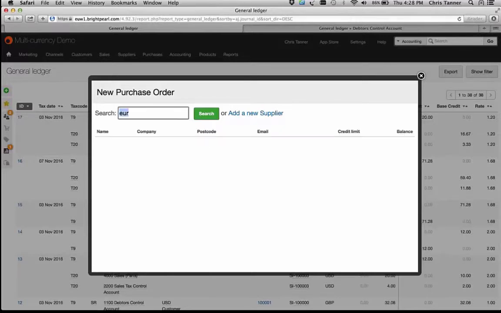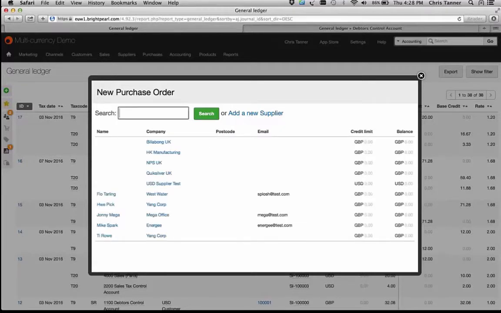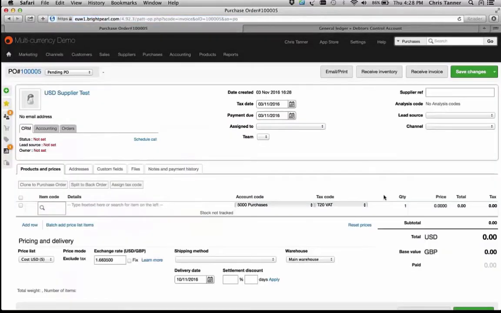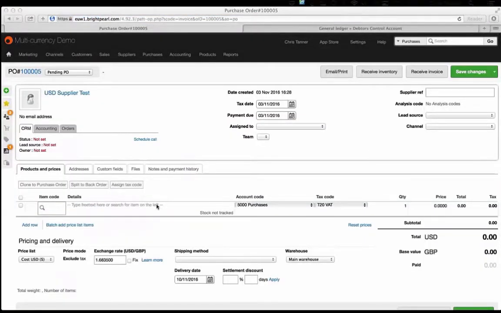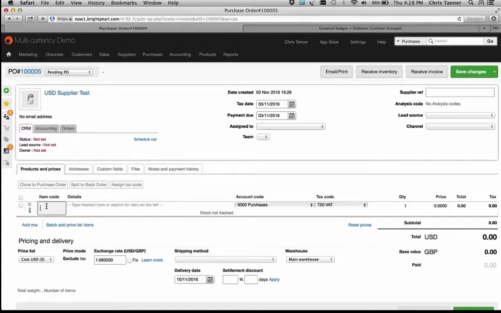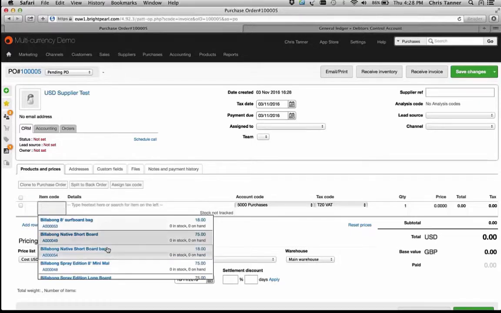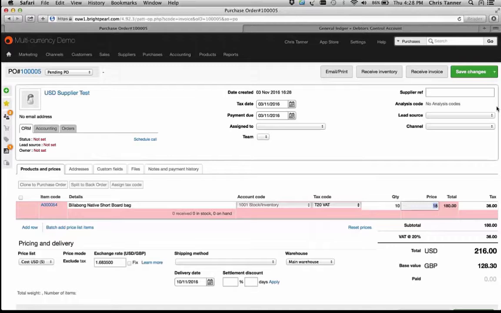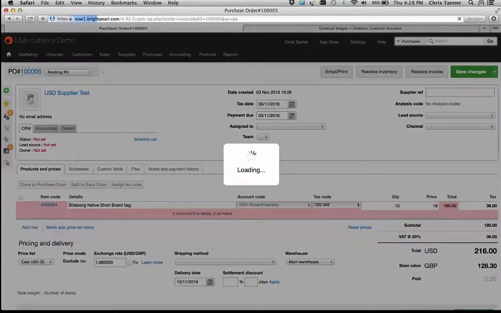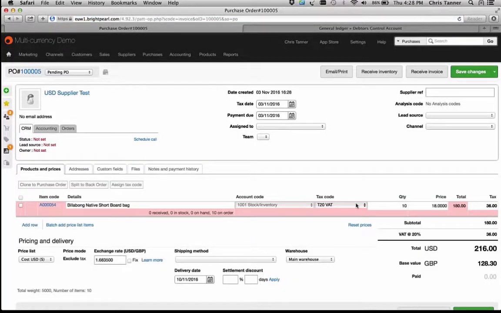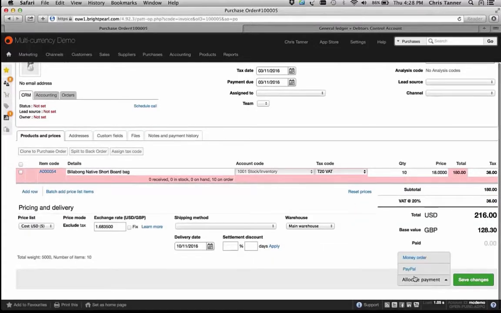See if I've got a euro supplier. I don't. Who have I got? I've got a dollar supplier, so let's just use that as an example. Here's a dollar supplier. Let's see some items. Let's just pop some of those on. We're going to buy 10. And we might choose to